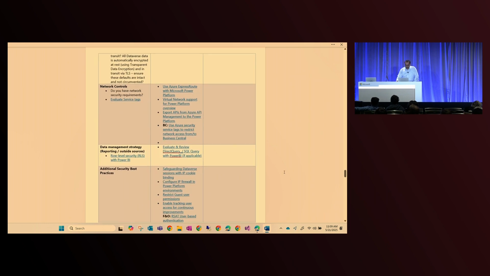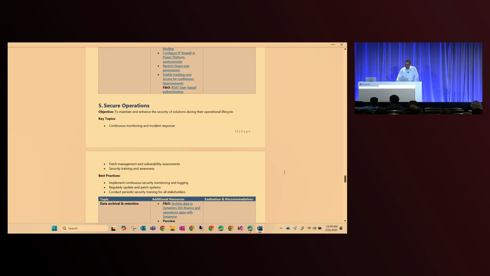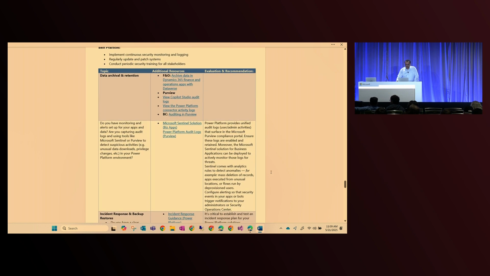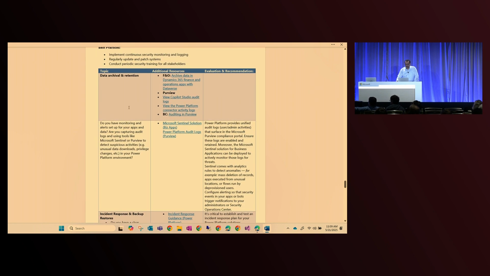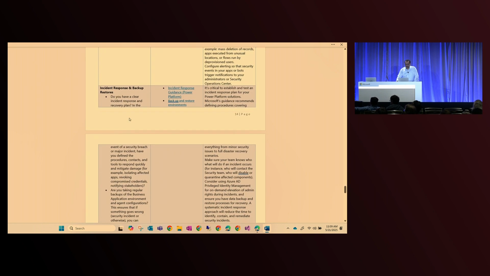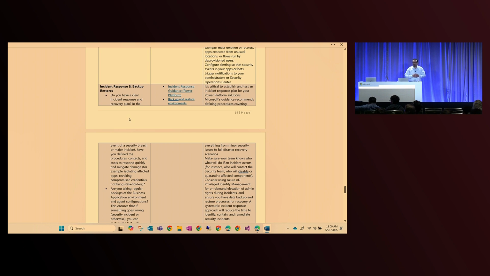Going forward to the next section. In the secure operations, how the retrieval, data archival and retention could happen, we have the topics over there as well. If, for example, you want to capture, for example, incident response and backup restores. If something happens, who is responsible for what? Like, what will be your role as a maker and developer, you have to play a role in it, how it gets logged, who will take an action on that. So what's the strategy and policy into this thing as well?